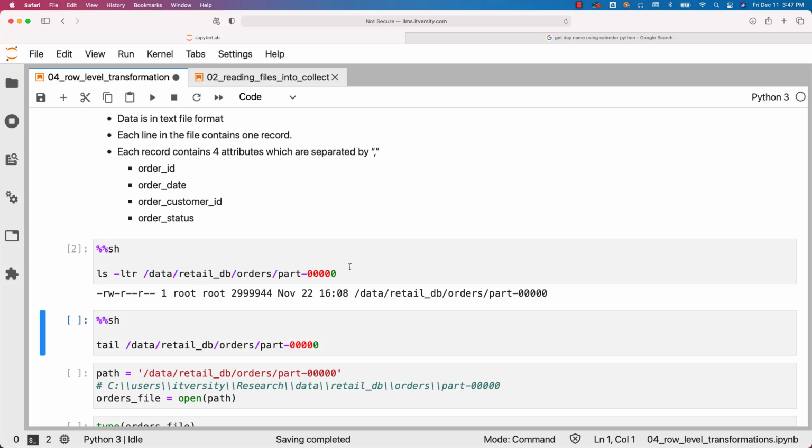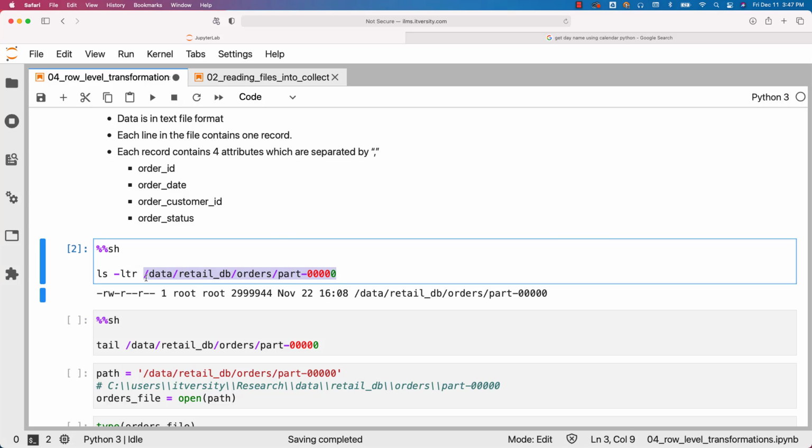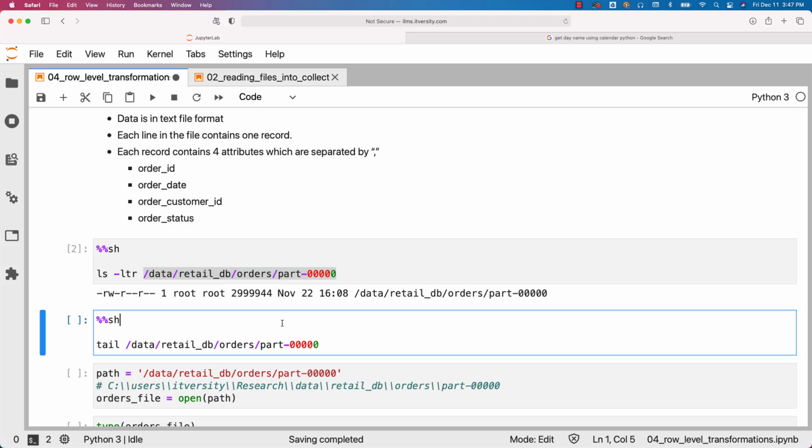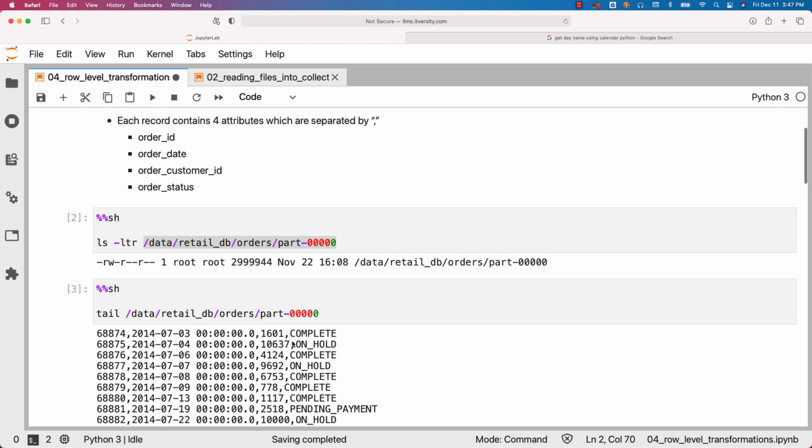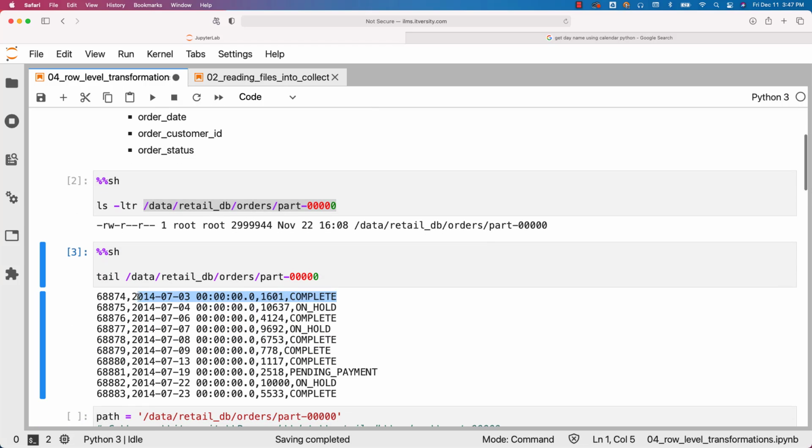This is the location on my Linux or Mac. If you are using Windows, you will not be able to use this approach to get the information. You might have to open the file using the text editor and you should be able to preview. However, if you are using Mac or Linux based approach to set up your notebook environment, or if you are using our environment, you should be able to run commands like this and you should be able to preview the file metadata as well as data within the file. You can see that each line is nothing but a record, and each record have 4 attributes,